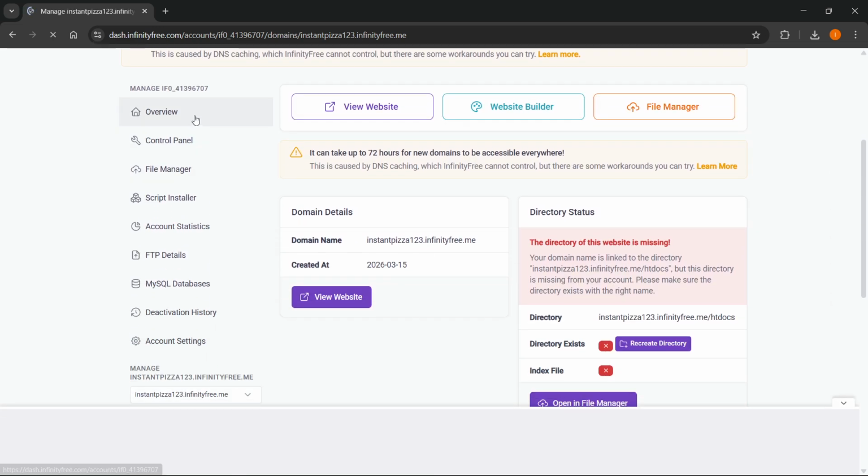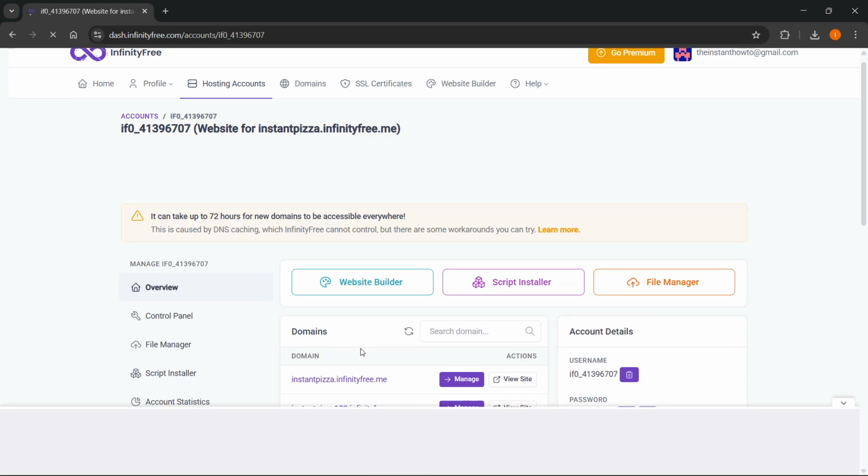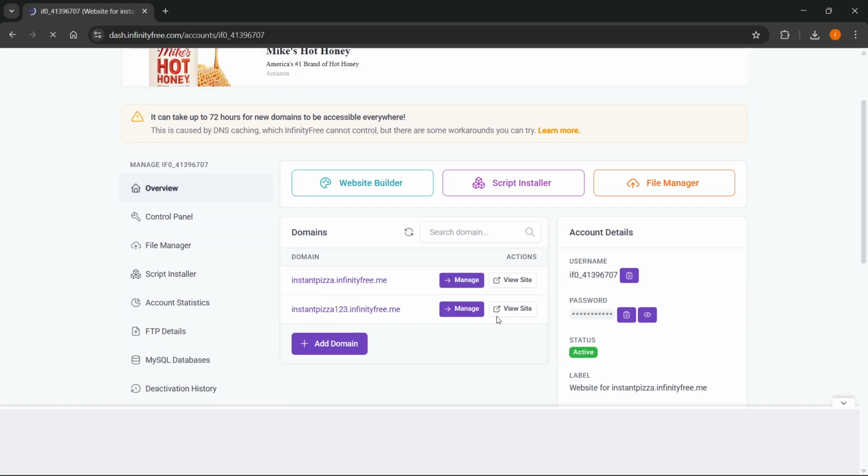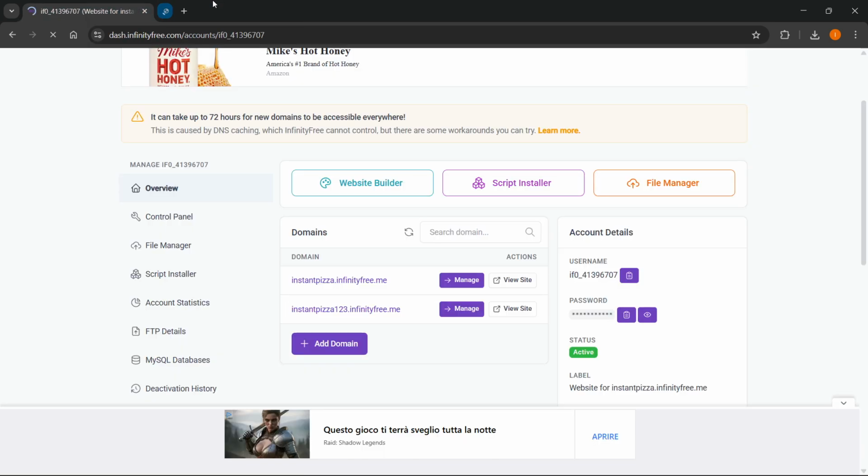site. Okay, so if I go back to overview over here, you'll be able to see, there we go, I now have two separate domains. I have this one and I have this one as well, and I can click on view site, there we go, and it's going to take me there. Okay, so